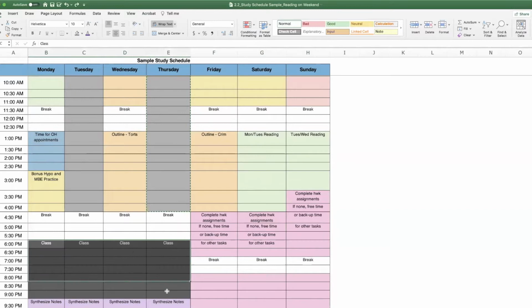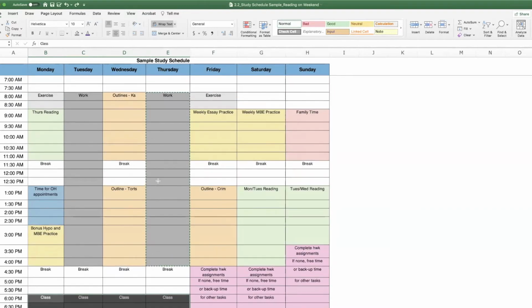So you have classes in the evenings from Monday through Thursday and Fridays off, right? These are what we call the fixed appointments or fixed things that you cannot change, right? You have to do this all the time. They might have other fixed things where it's like, I need to take my kids to school, or I need to take care of my mom, watch my friend, my dad, whatever, right? So then you add all those fixed things in,